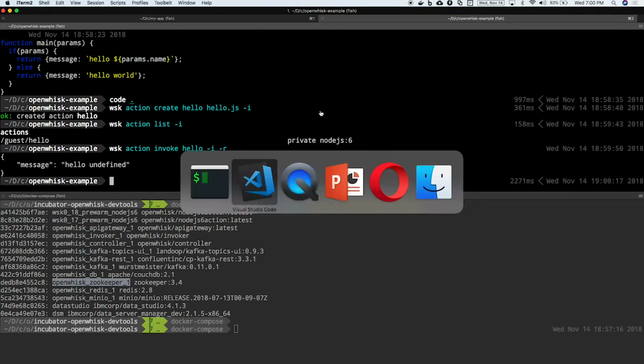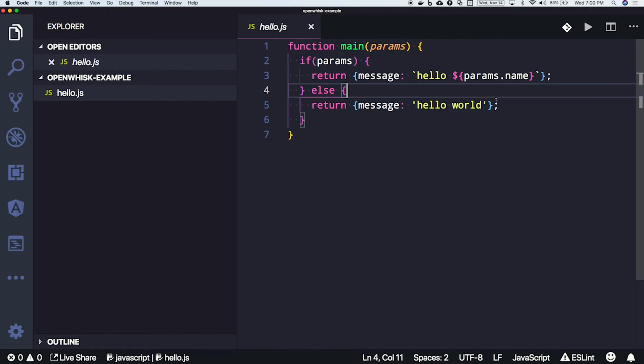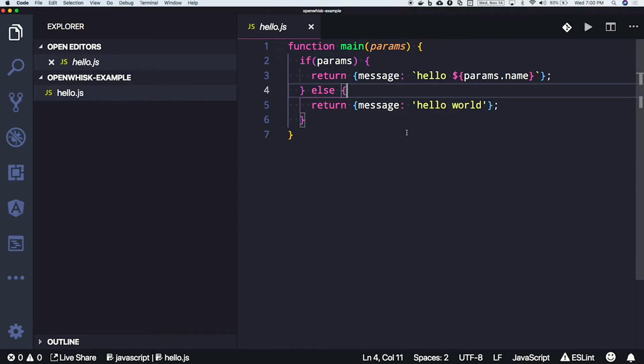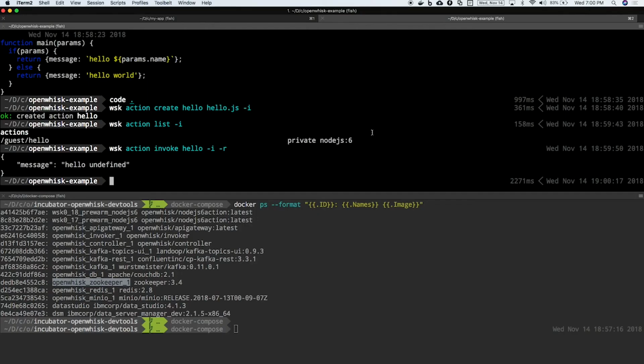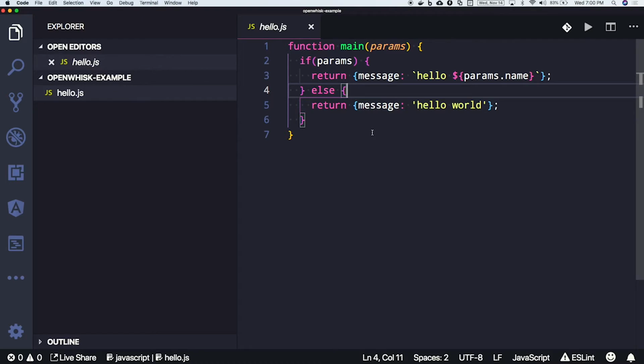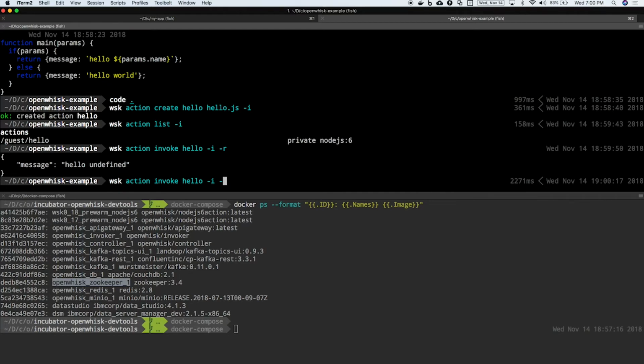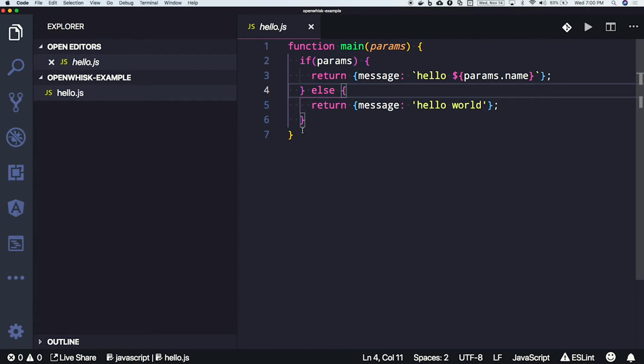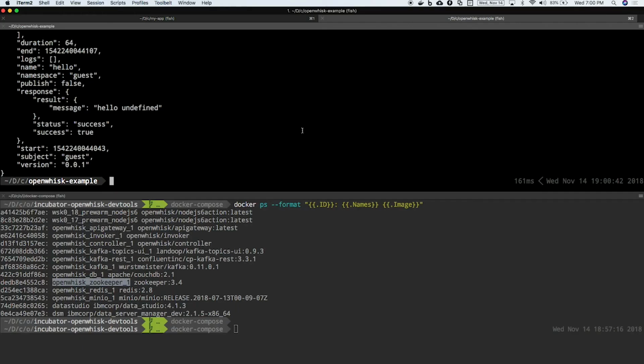Okay, it's interesting. I did not give it a param. I was expecting it to just say hello world. Let's see. I think param's name is not defined. Right, I see why it's doing that, because params is there, but there's no name on it, so I see why undefined could be a valid value here. But I expected it to,